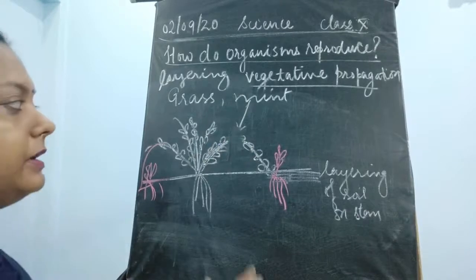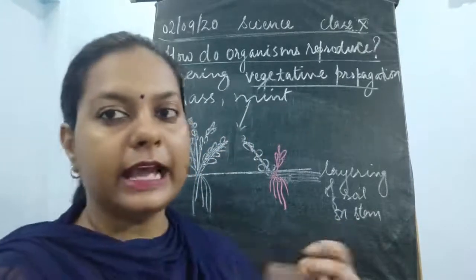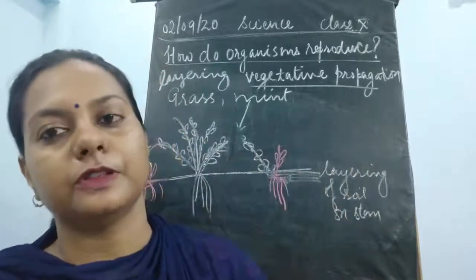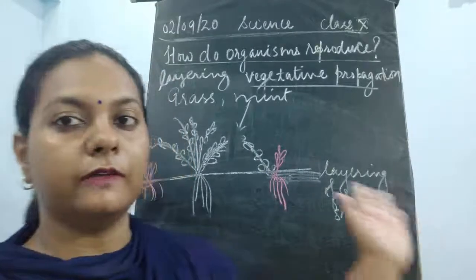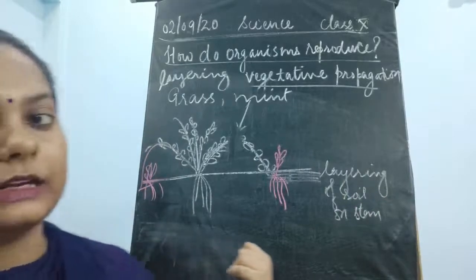Now what would happen, as soon as you cut, this plant is going to be free, and again this is going to give rise to new plants, new branches, and again the layering process could be done. And this is how the complete field would be full of the mint, children. Okay, so this is about the layering, and it is very easy.